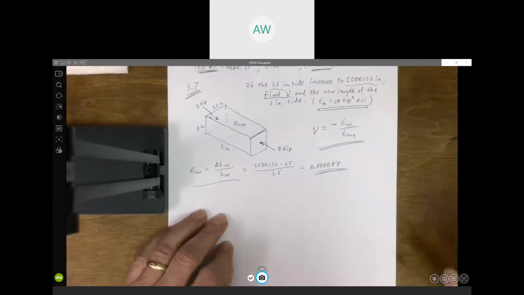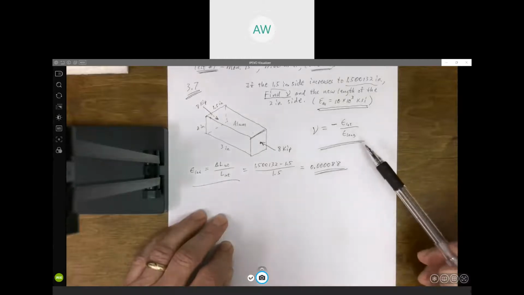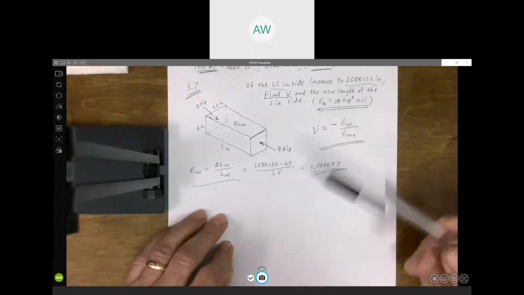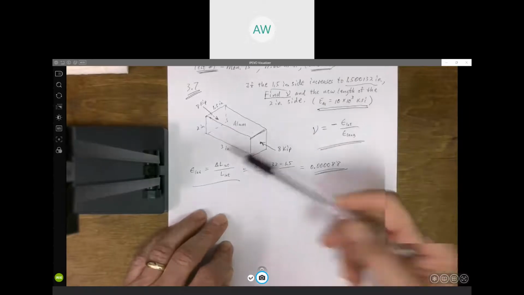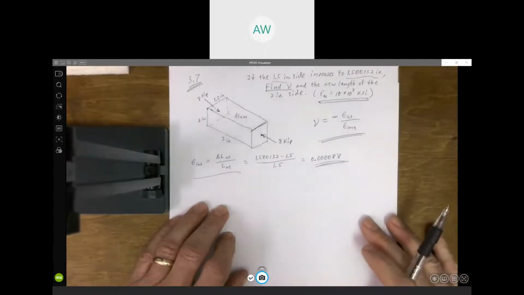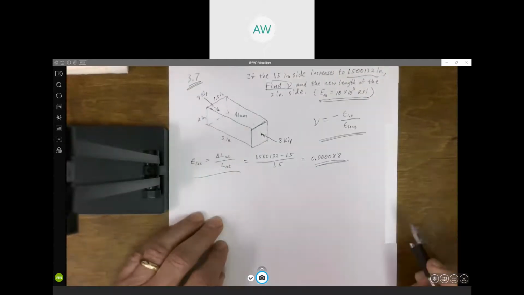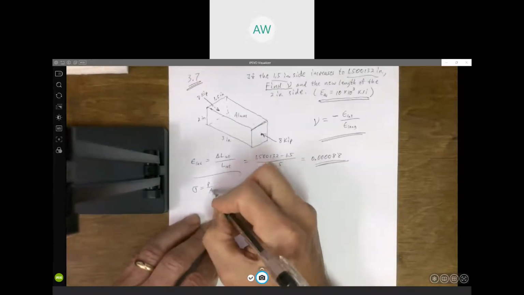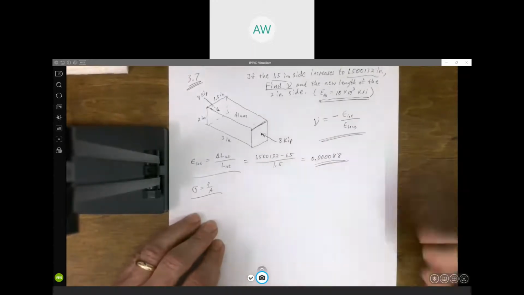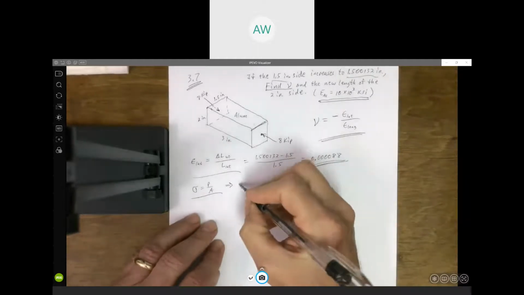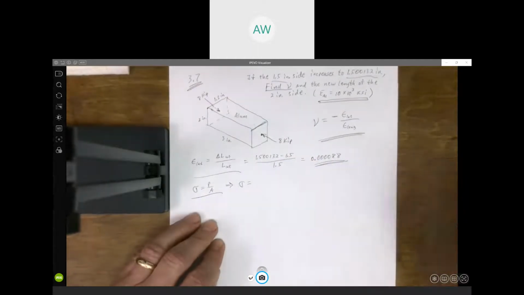Now, to get the longitudinal strain, we don't have the information given to get the longitudinal strain using the same approach, right? We could get the longitudinal strain by taking the change in length divided by 3, but we don't know what the change in length is. But we can get around that if we make use of a couple other things that we do know. We do know normal stress, P over A. We know what the force is. We can calculate the cross-sectional area. And so we can actually calculate the stress